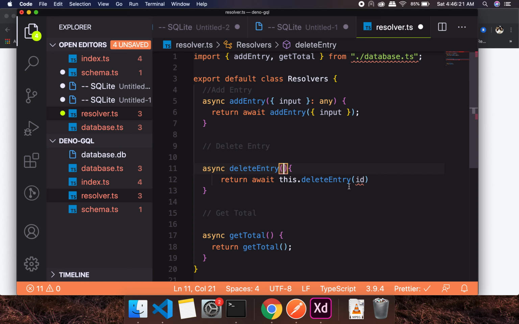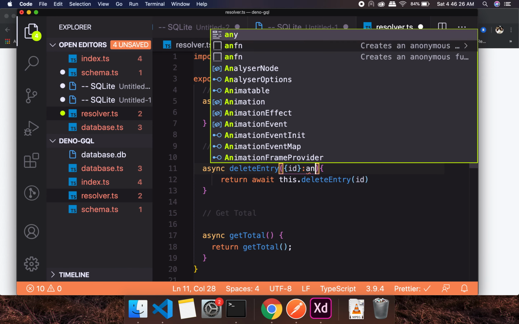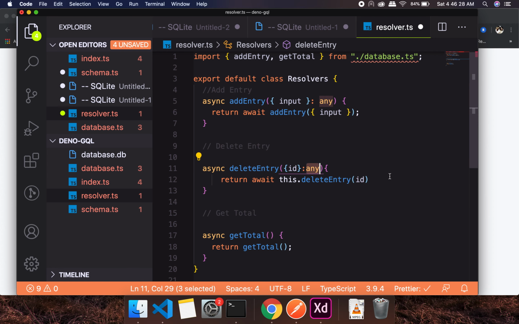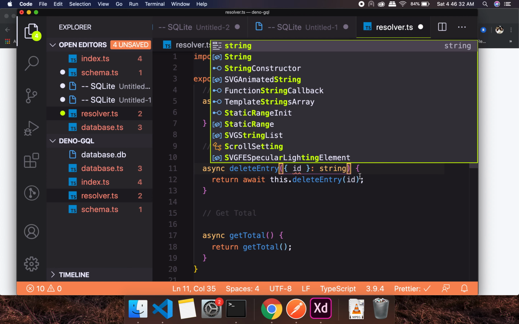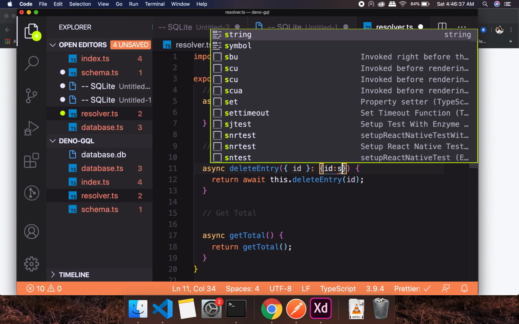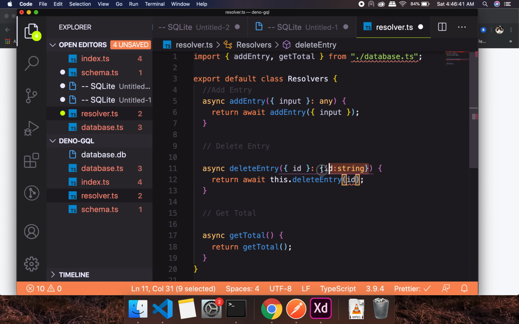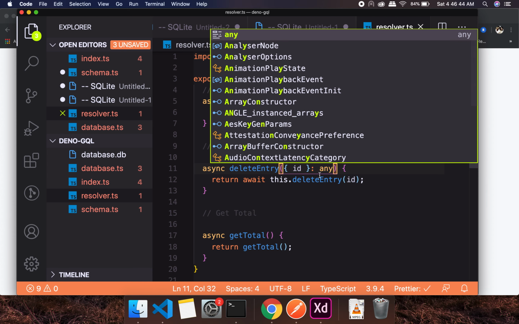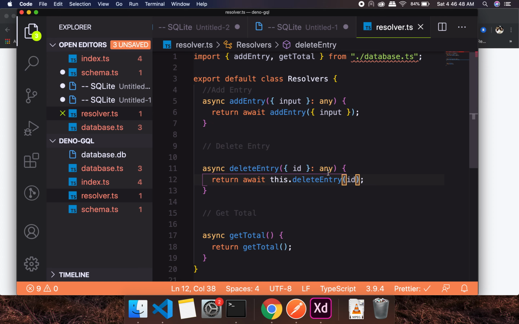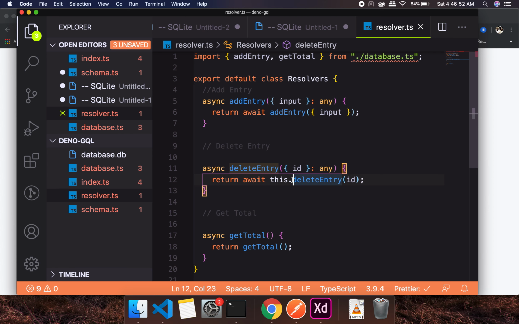And here we need to have an ID as well, right? So ID, and this will be object any. Usually it will be string, but let me try with a string if it works. ID equals to string. Okay, any. Let's try with any because I still need to get better at TypeScript. Okay, so this works all right, and delete entry, we don't have it yet,